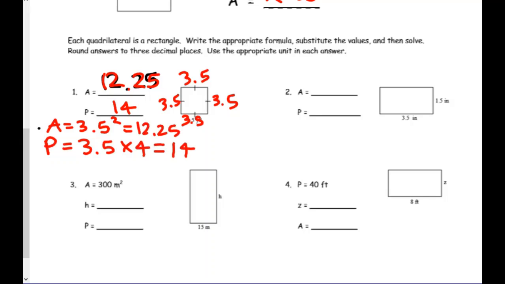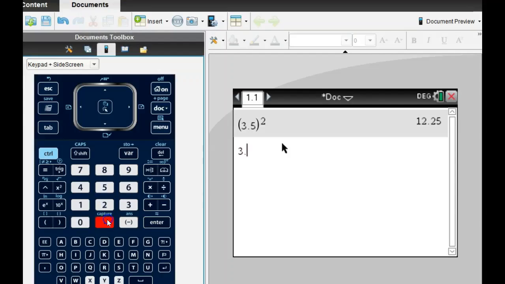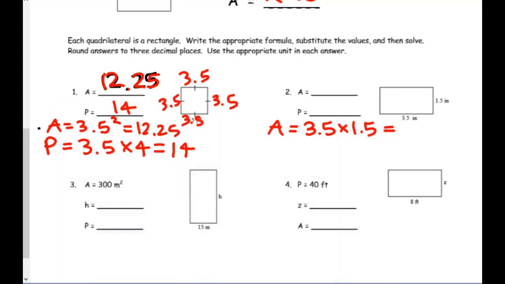Okay, so that's all the work that you need to do for that. All right, number 2, what am I going to do? Length times width, right? This is a rectangle. So 3.5 times 1.5. Well, what do we get? 1.5. All right, 5.25. No big deal, right? Now this time we have units, so 5.25 inches, and anytime you do area, area is